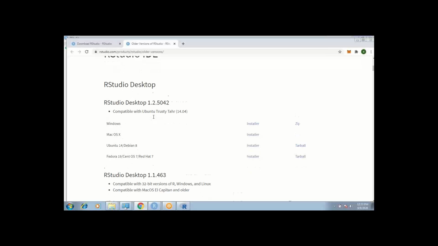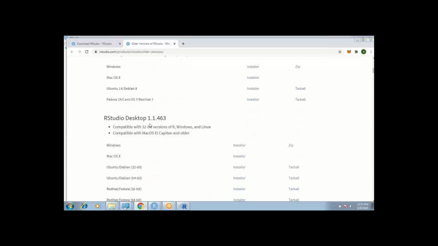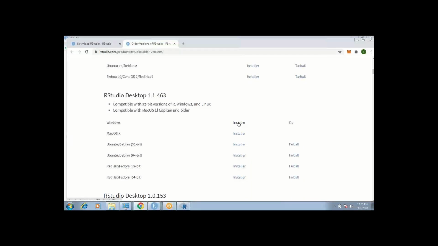No, this is 1.2. Down below. 1.1. This one. Okay. So you will download this one for Windows. So I think this will fix it. Same goes for you also, Manohar. Maybe give it a try. Okay.